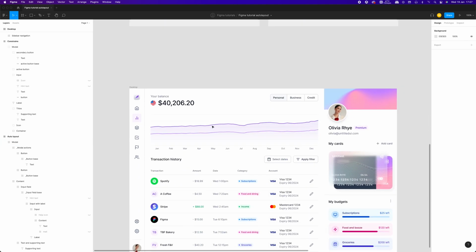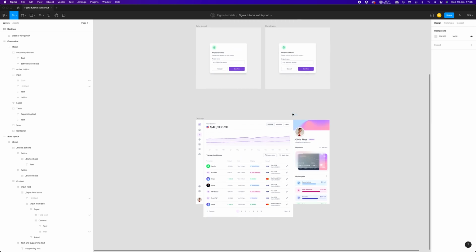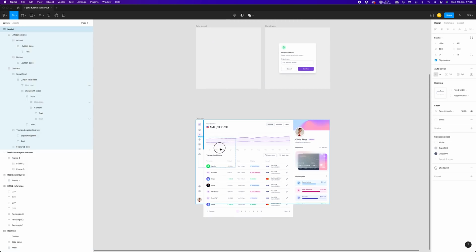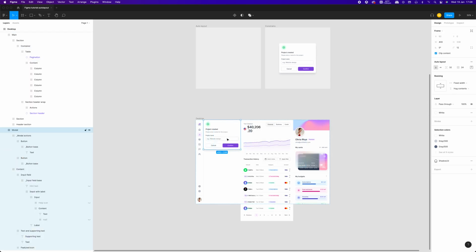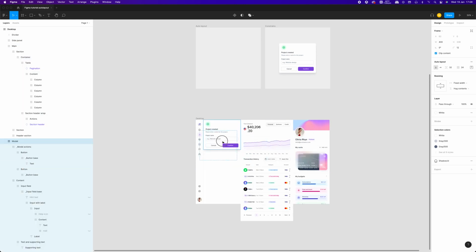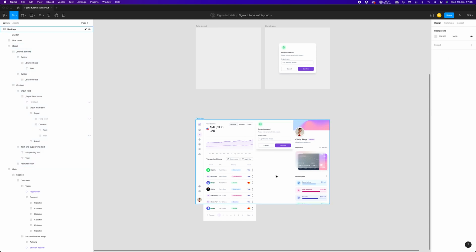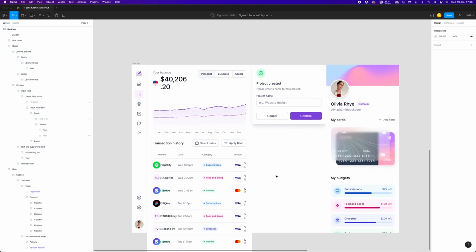Let me show you the next example. This entire layout is created with auto layout components. Let's assume for a moment that this is a real project that you are working on at a relatively late stage of the design process. Imagine that you have a great idea or your manager asks you to add something which changes the overall layout structure. Look what would happen if you would like to make a quick change to the layout. As you can see, auto layout can potentially be really hard to work with if you need to make a quick change or you are still at the early stages of the design process, where there are a lot of